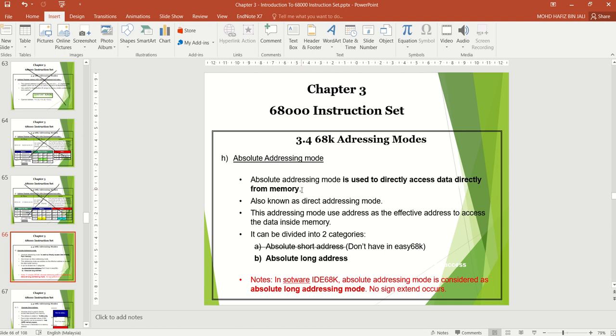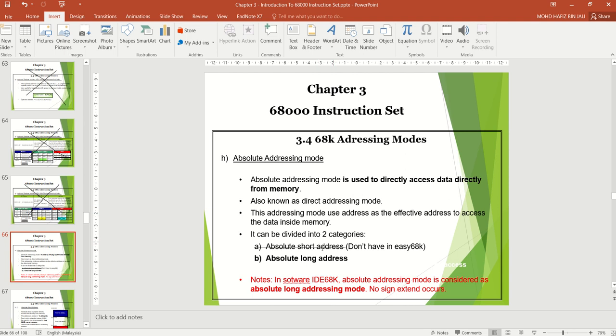Okay, so next is absolute addressing mode. Absolute addressing mode is used to directly access data from memory. So this one, you want to directly access data from the memory location.